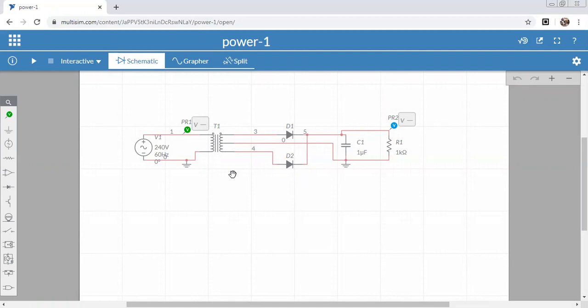Why we use this software simulator: before going for hardware implementation, if you design a hardware circuit and any failure occurs at the output, then it is very tough for you to find the failure. Okay, and it is very tough for you to change the components.